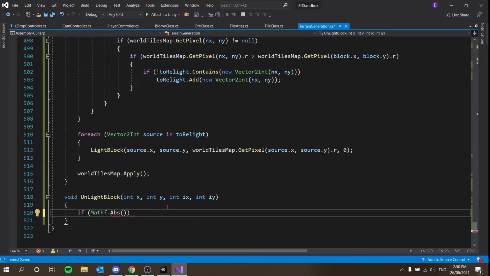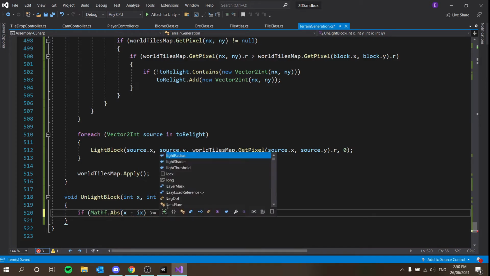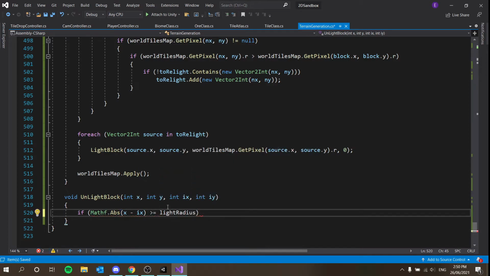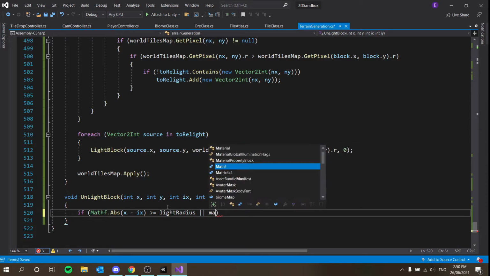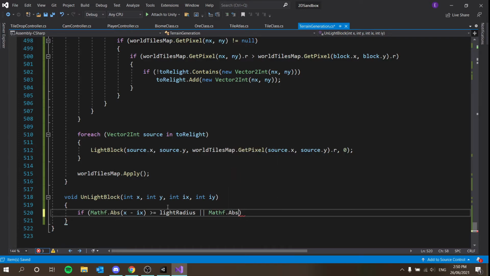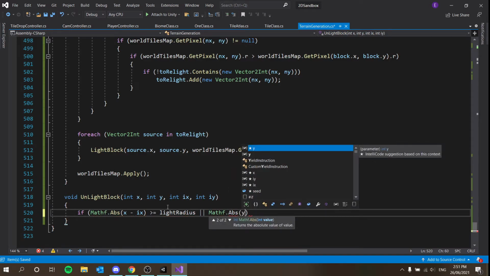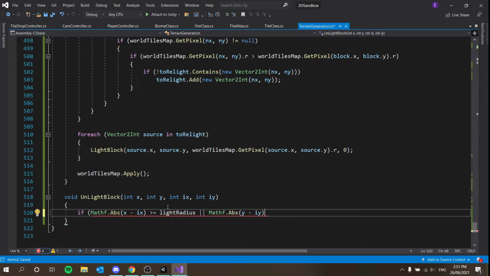So we're getting the absolute value of x minus initialX. If that is greater than or equal to the light radius, or we have to do the same for the y-axis, of course. So if the absolute value of y minus initialY is greater than or equal to light radius,